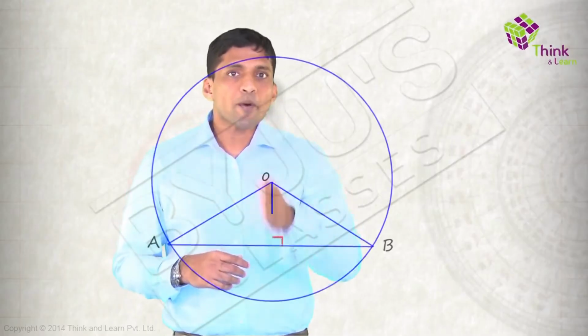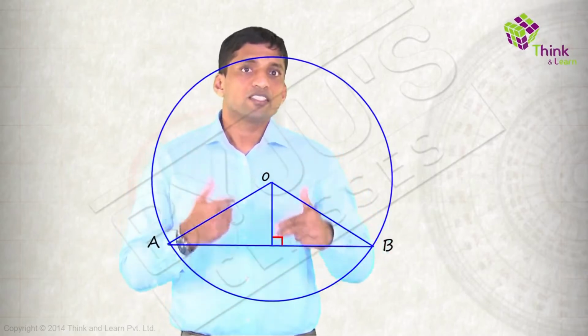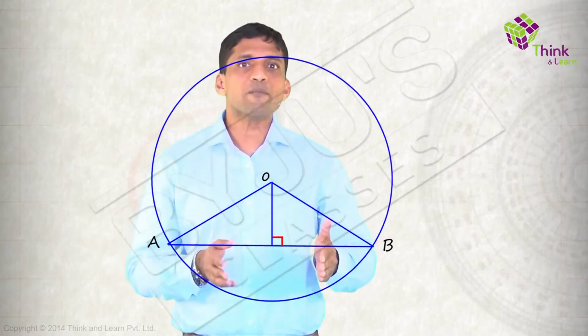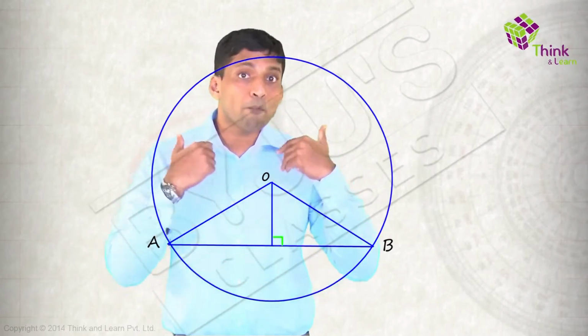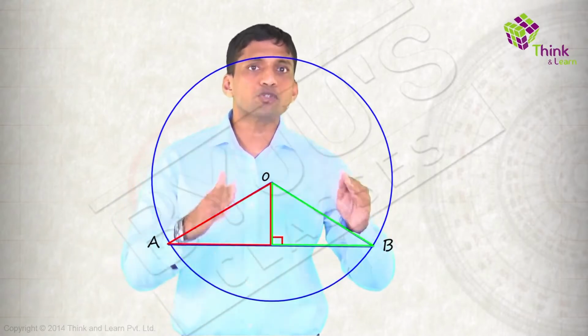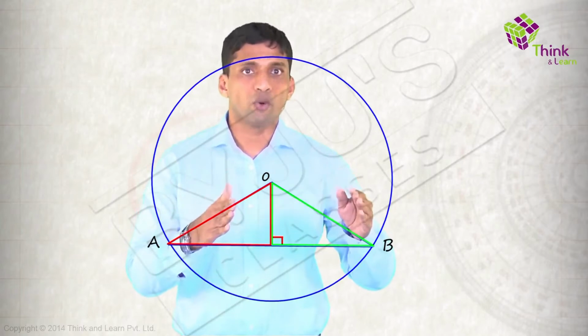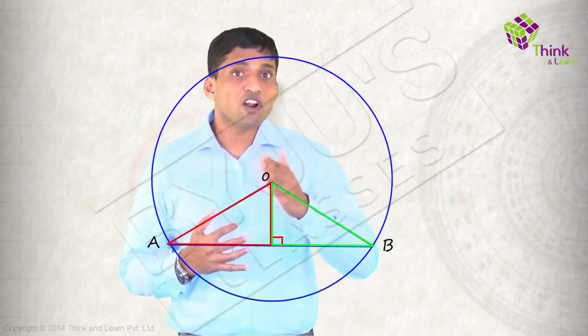Very easy. Next, if I drop a perpendicular, then this chord will get bisected. The converse is, if it is getting bisected, this will be a perpendicular from the center. Both these theorems are proved by using these two triangles being congruent, and by using RHS. So, we discussed 4 of them till now. Now, let's see the next one.